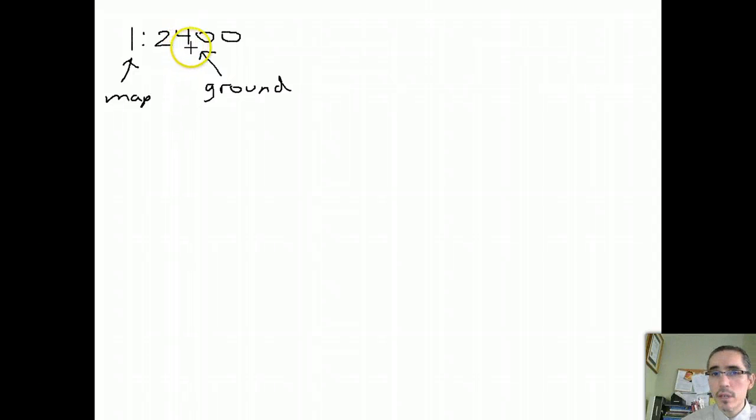We say that it's unitless because, again, it doesn't matter whether you're using inches or centimeters or feet. The units always translate the same way. But let's use it in a slightly different way. Let's say that you had the scale and you wanted to know, well, how many feet on the ground is 1 inch, right? That's a little more intuitive, because what is 2,400 inches anyways? So if we wanted to know 1 inch